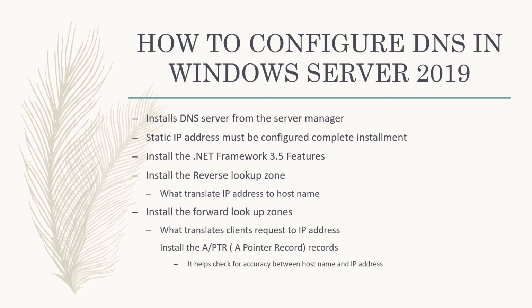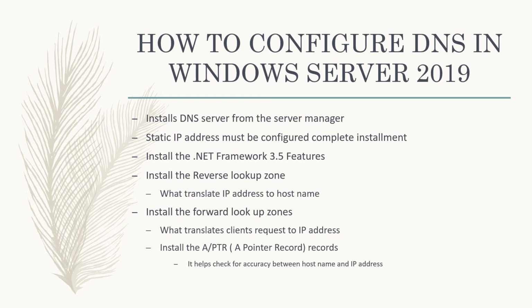Now we are going to discuss how to configure DNS in Windows Server 2019. To install DNS in Windows Server 2019, we first of all have to install the DNS itself in the Server Manager. We have to make sure that a static IP address is also configured and installed. We also have to install the .NET Framework